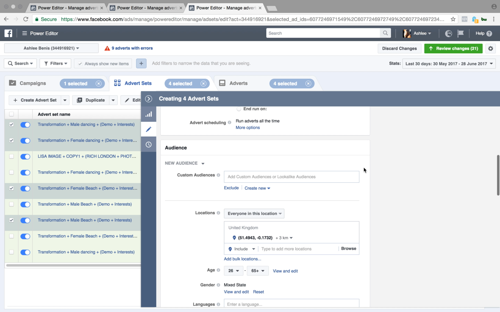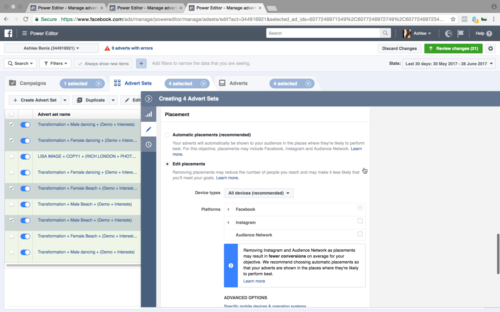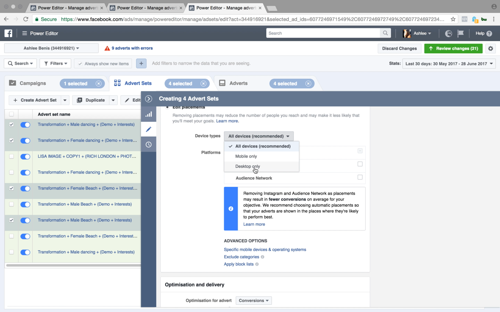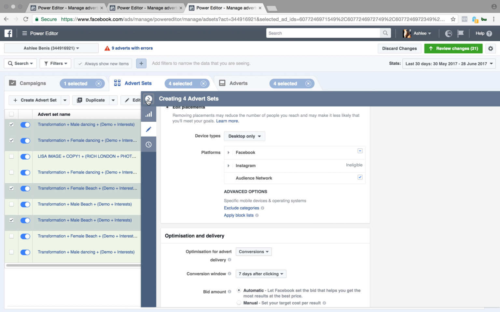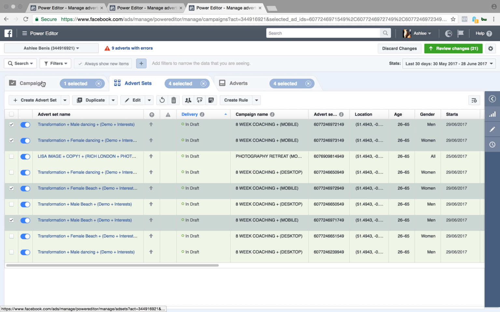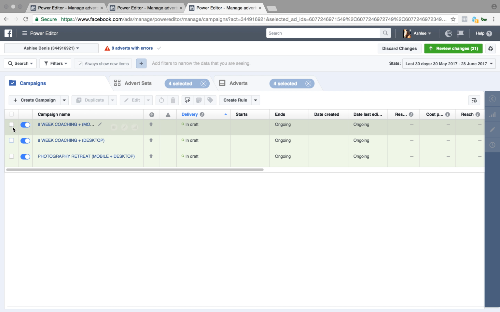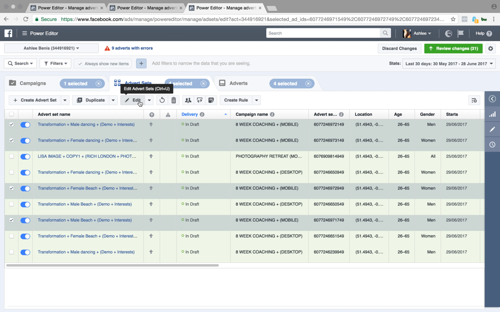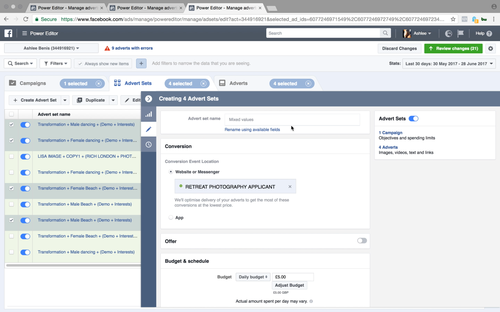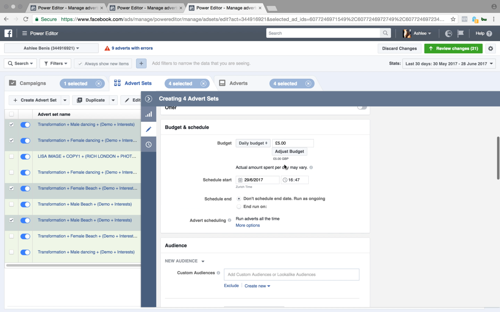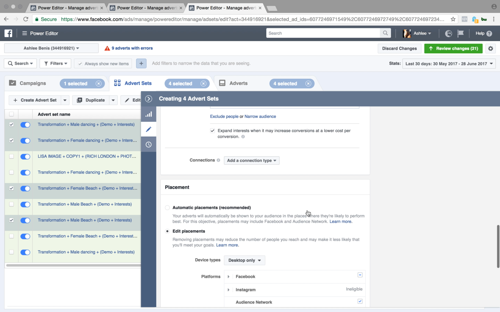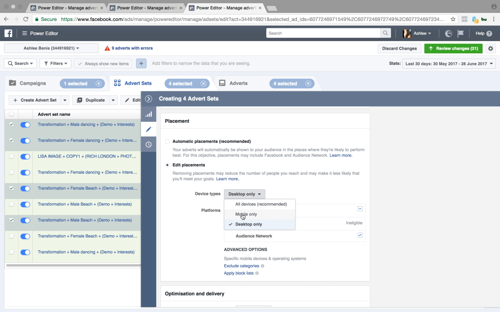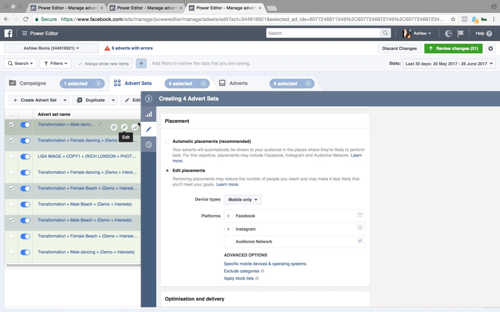So what we're going to do again, in the ad set, scroll down, scroll down, scroll down, all devices. This one's desktop, change that to desktop, and those 4 will now be desktop. Then go back on the campaigns, unclick that, click on the mobile one, see the different ones are all picked, 1, 2, 3, 4, edit, and now you can change it again. See, they're all set to desktop, now mobile only. Alright, so again, you play around with which ones. So now you can split test